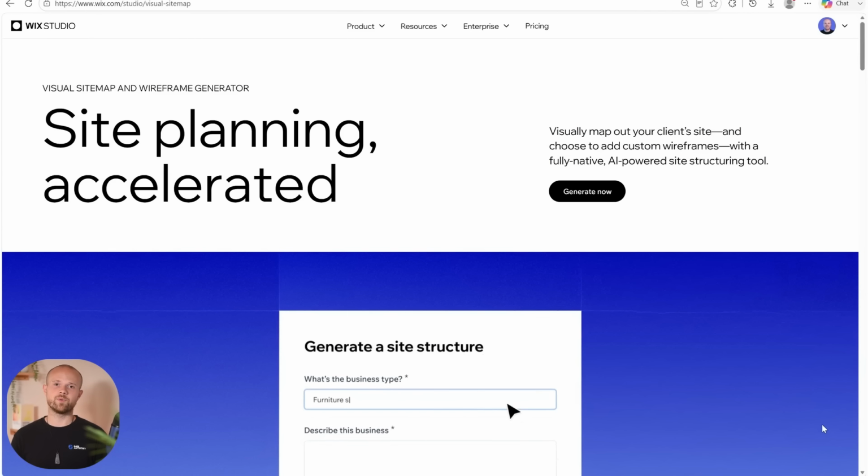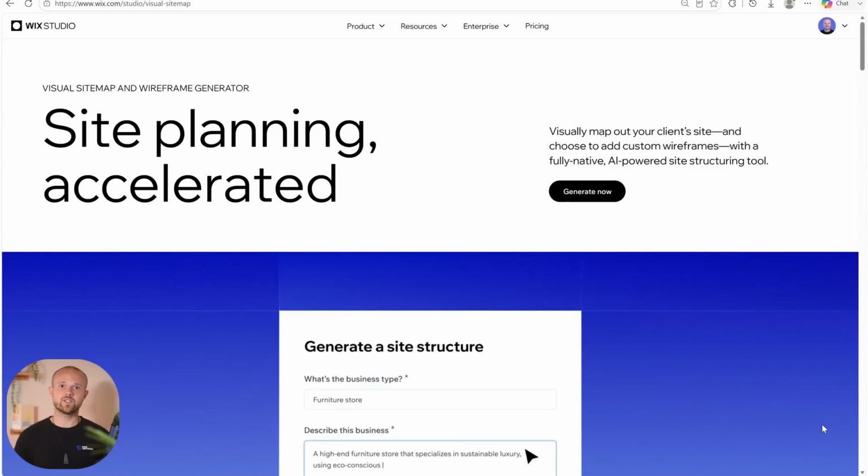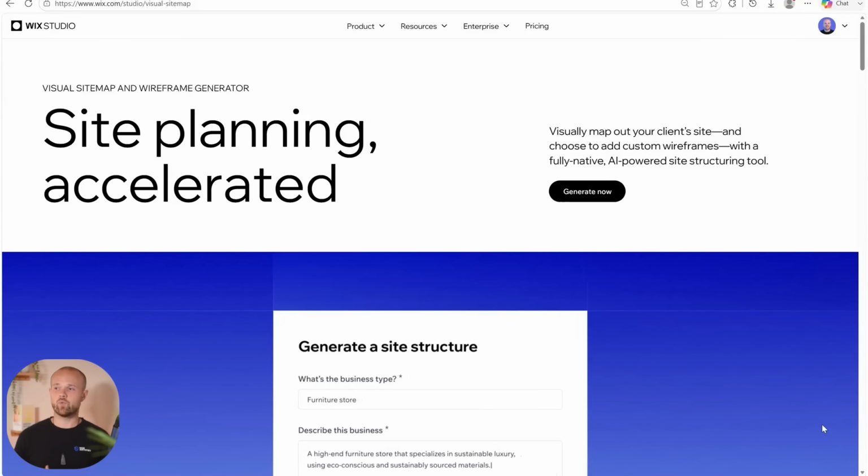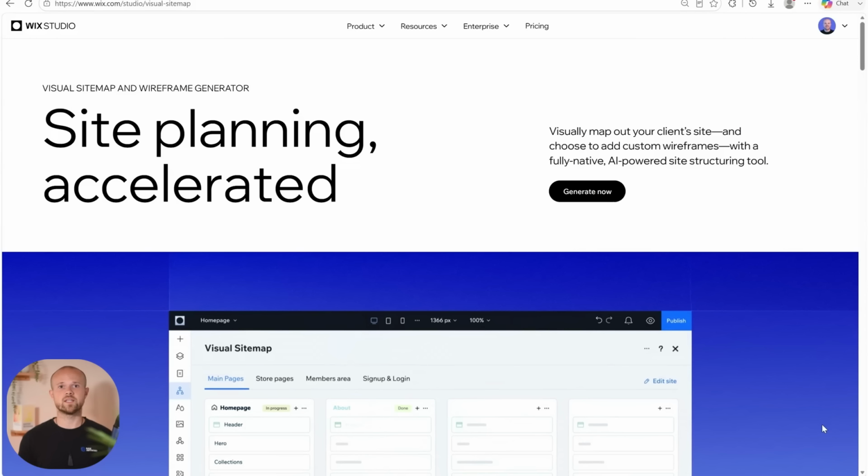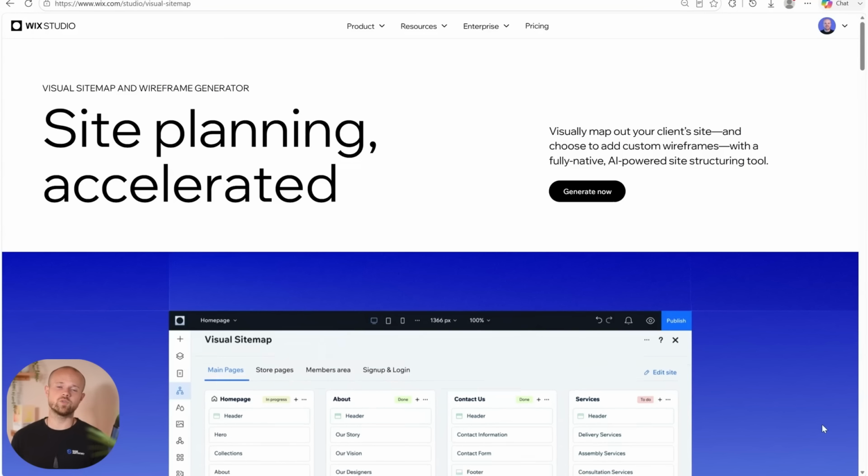This tool can also be really useful for those client briefs that are making just that little bit less sense than normal. We've all worked with a range of clients. Some have a really great understanding of the web design process, where others have a limited understanding of what information they need to provide you with. This tool can help you take whatever information you've got, turn that into a site structure, and at whatever point along this journey you wish to present this to a client, you then have something visual to discuss the strategy